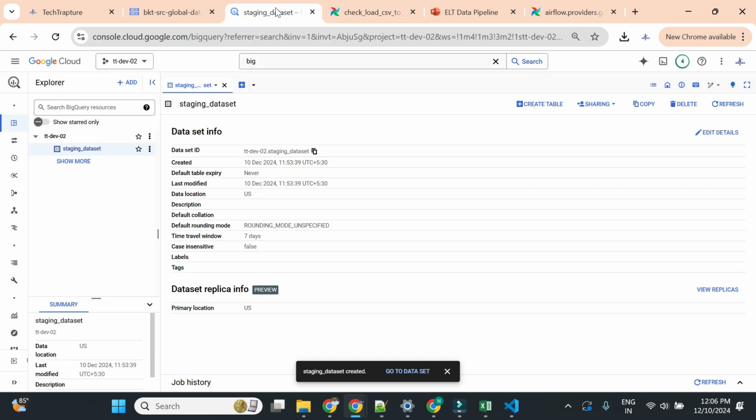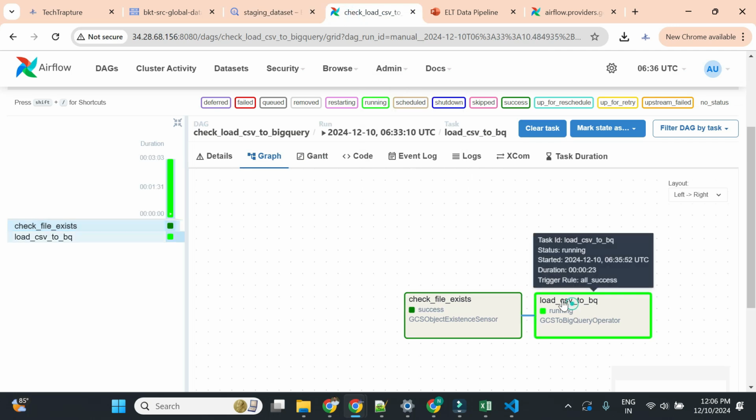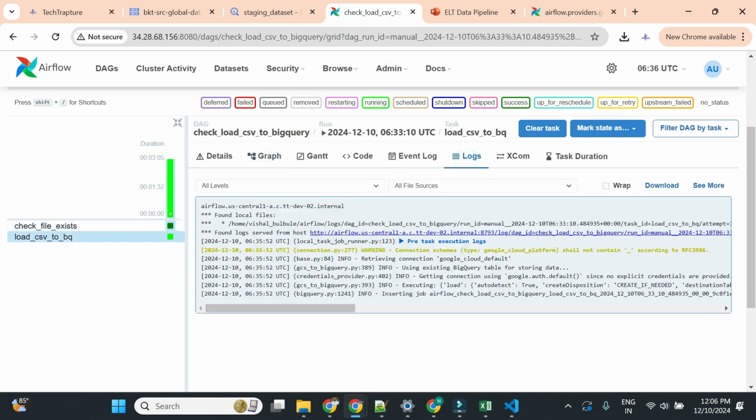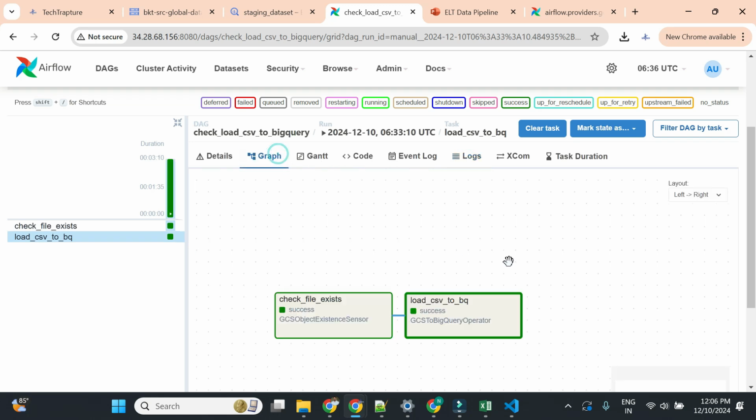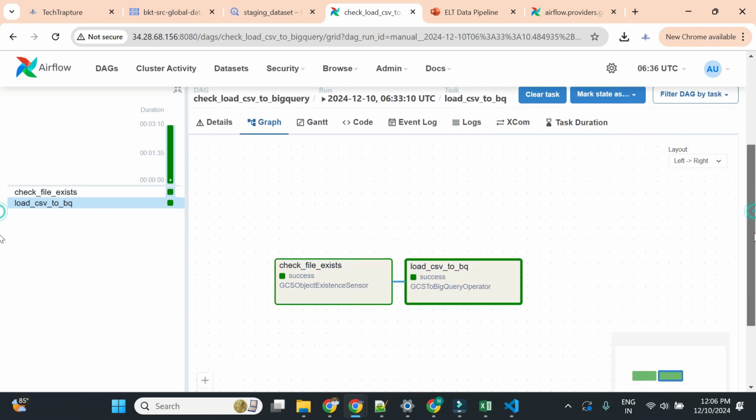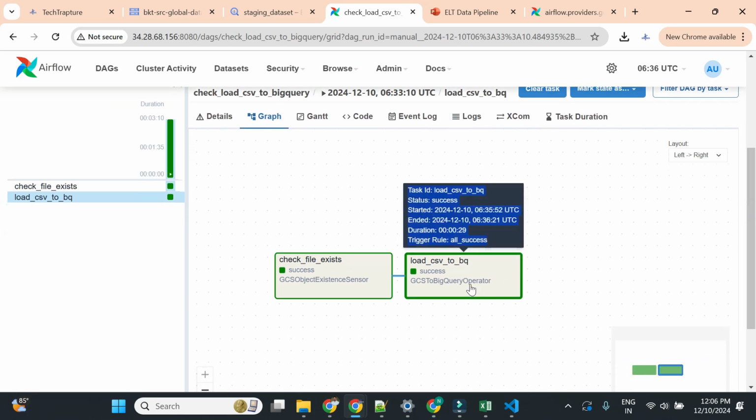to BigQuery. In BigQuery currently we do not have any table in the staging dataset, but now it will create a new table called global data, and it will load our 1 million records into this table if the DAG is successful. Okay, it is running now. Let's check the log. Okay, so it is inserting data, so it should work successfully. Now you can see even though it is 1 million records, within 30 to 40 seconds, 29 seconds it took. Within 29 seconds the DAG is successful, and it loaded 1 million records from CSV to